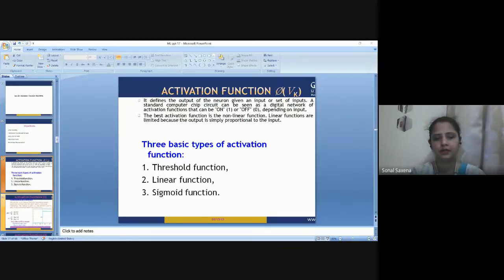So what is an activation function and why should we use it? This function decides whether a neuron, that is the node, should be activated or not by calculating the weighted sum and further adding bias to it. The purpose of the activation function is to introduce non-linearity into the output of a neuron. Now, let us understand what that means.